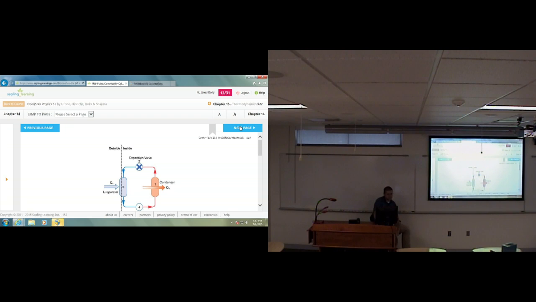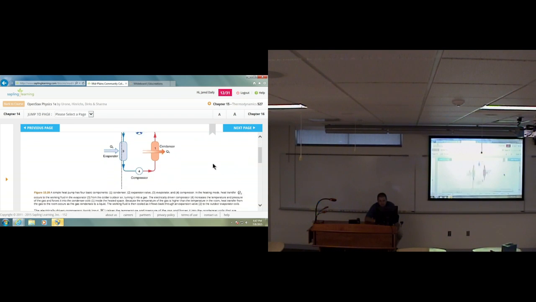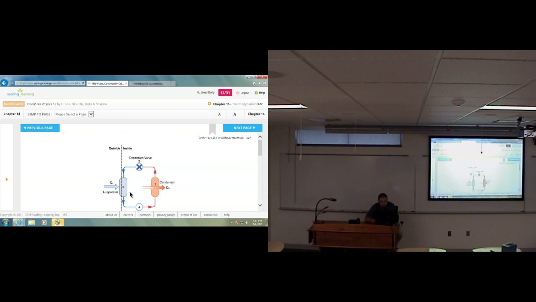So heat pumps are essentially refrigerators, air conditioners, and they can be used both to heat and to cool. The interesting thing about them, though, is that it still does require an inside and an outside, or a hot and a cold. So a lot of people think that if they open up their refrigerator door, they're going to cool off their house. Well, not true, because when you open up your refrigerator door, you're actually connecting the hot and the cold